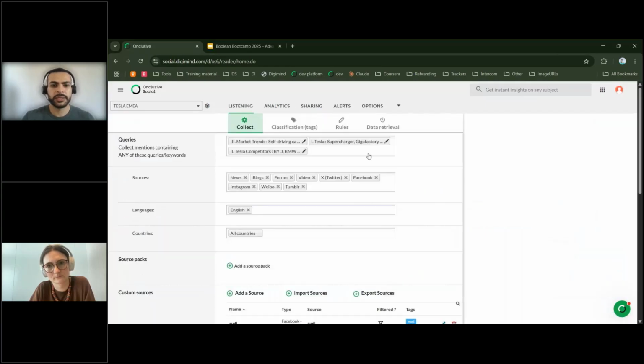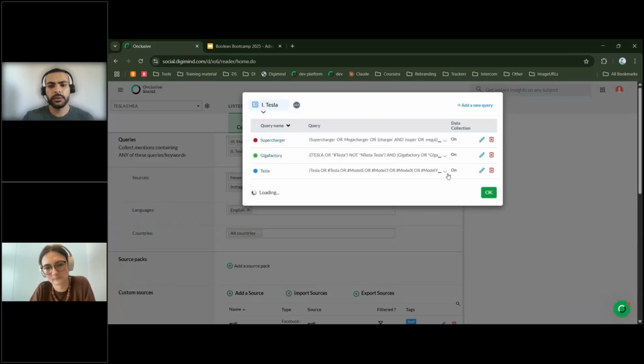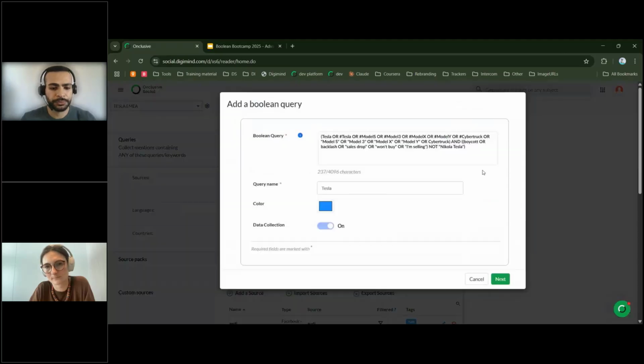Next, let's open the list that contains the query. It's the Tesla list. Then we can click on the pen icon next to the query to open the query builder where we can view and edit the query. Now, this query is functional, but it can be refined further to increase relevance and precision. Here we can use the asterisk at the end of the keyword boycott to capture word variations like boycotting, boycotted, or the plural boycotts. So here I can add the asterisk.